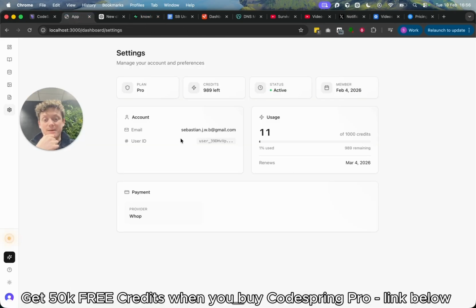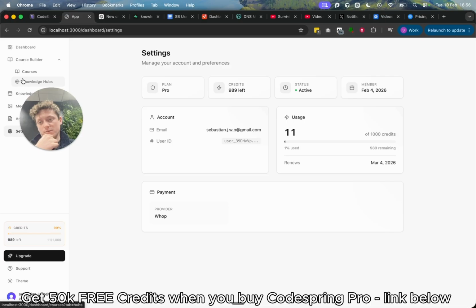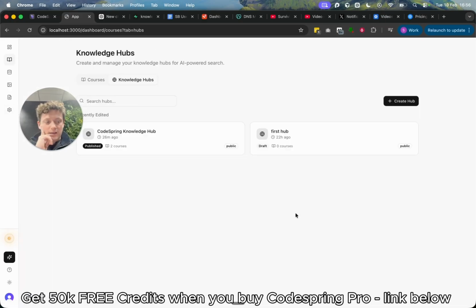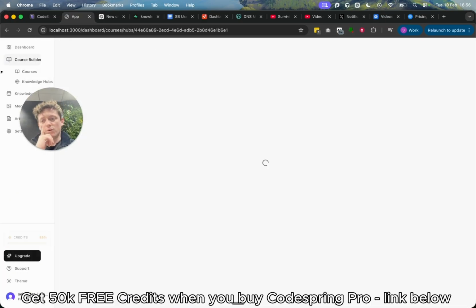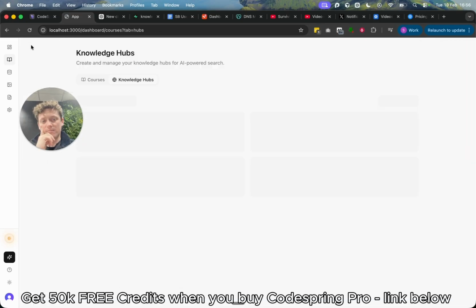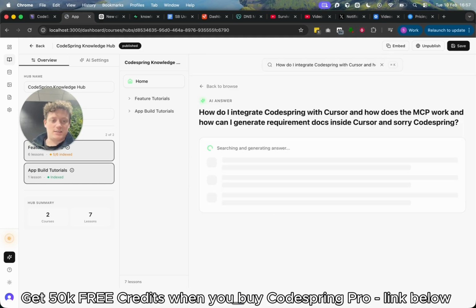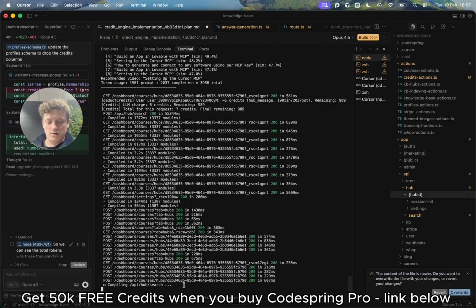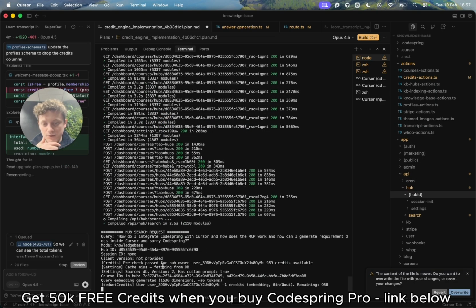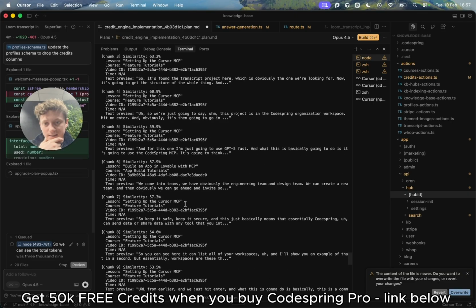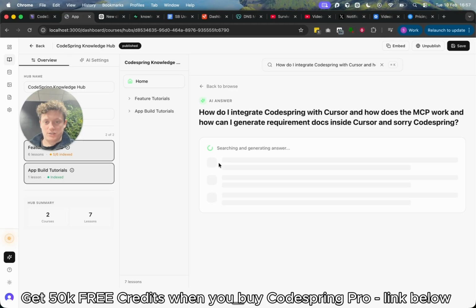That basically means now if I send through a massive message, if I come into the Knowledge Hub, because this is the better way of doing it, right? What you don't want to do is have just one message as one credit, because if I sent through, how do I integrate CodeSpring with Cursor, and how does the MCP work, and how can I generate requirement docs inside Cursor and CodeSpring, we're sending a much larger message, right? And you can see here, just to calculate it, that larger message is going to cost us more on the